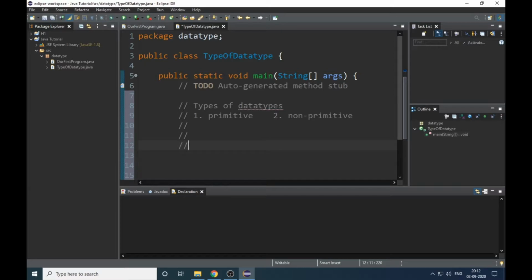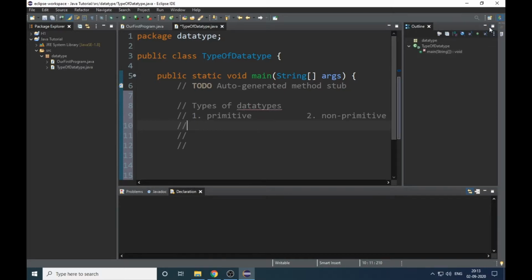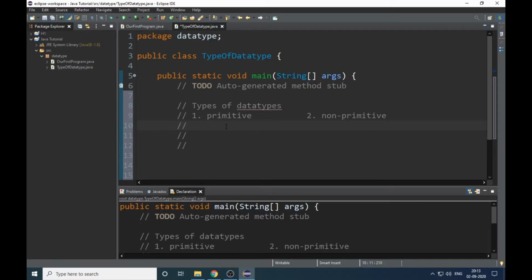And in non-primitive data types, let me type here with some spacing. You can make a note of it. Okay, let me just minimize this. Perfect, now it is looking good.